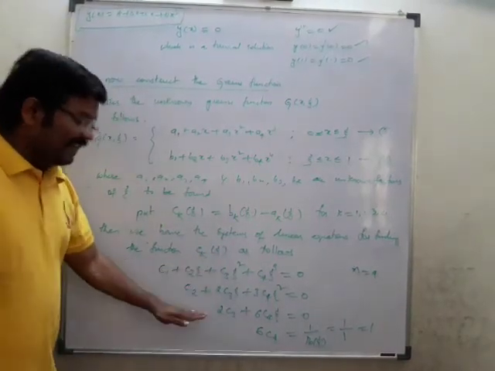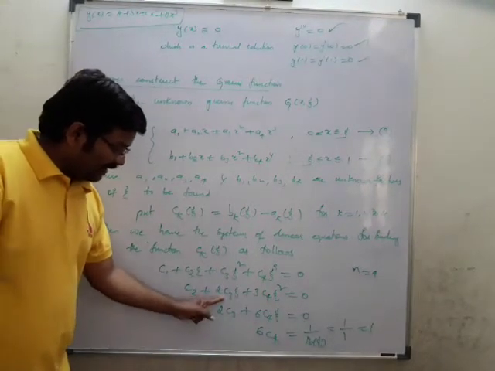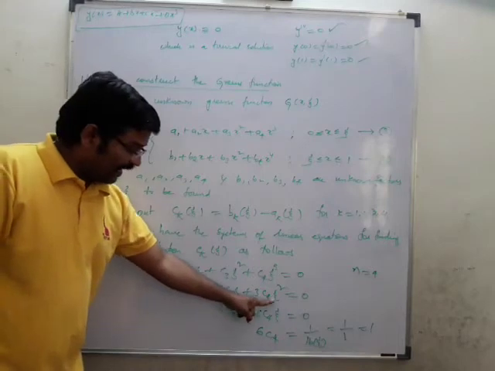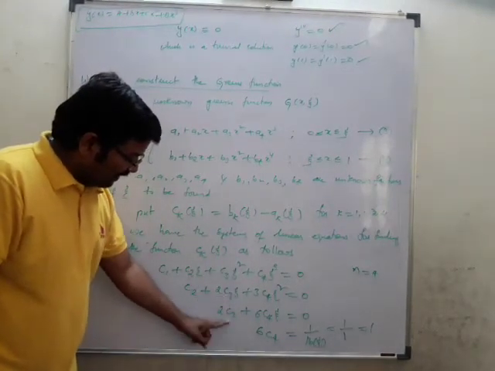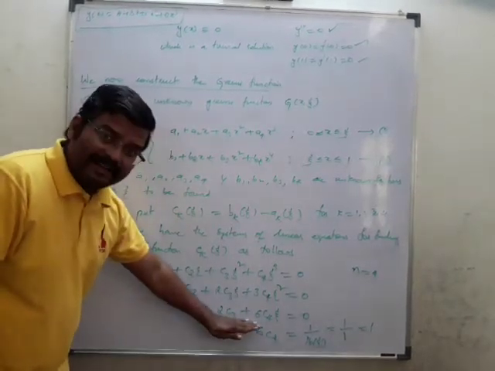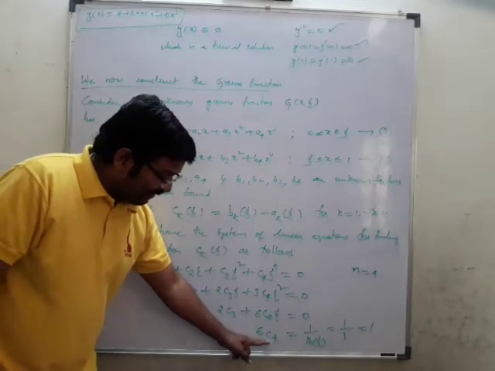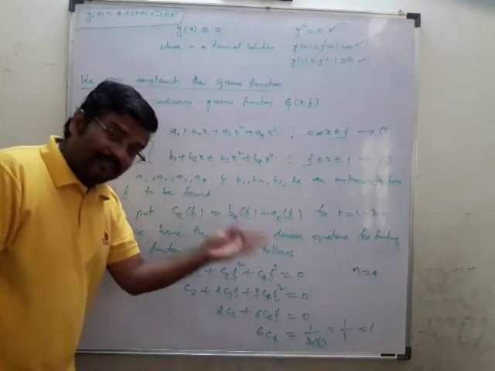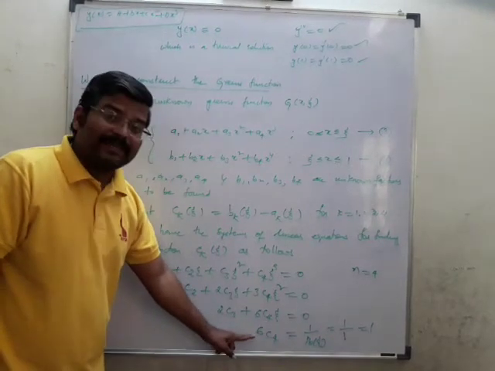Now I am differentiating this with respect to xi, so I get C2, 2c3 xi, 3c4 xi square is equal to 0. Again I am differentiating this, so 2c3 plus 6c4 xi equal to 0. You should understand, up to here it is continuous. Again if you differentiate this, you will get 6c4, but if 6c4 is differentiated again, there will be a jump discontinuity. Up to here it is continuous, but from here it is a jump discontinuity.